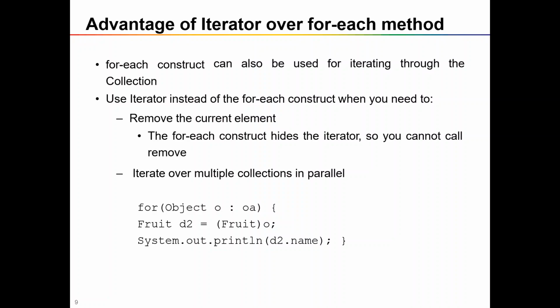But the difference between iterator and for each is, in iterator, while accessing or iterating the elements, if you wish, you can remove it from the collection, but in for each you cannot remove it. Instead you can simply iterate the elements of your array list.